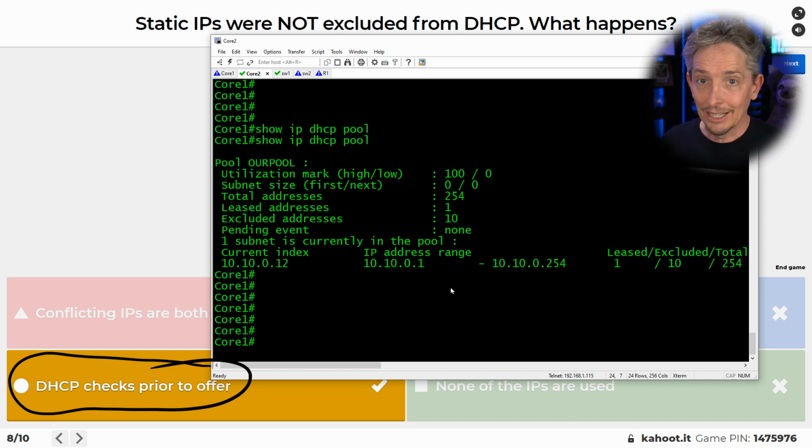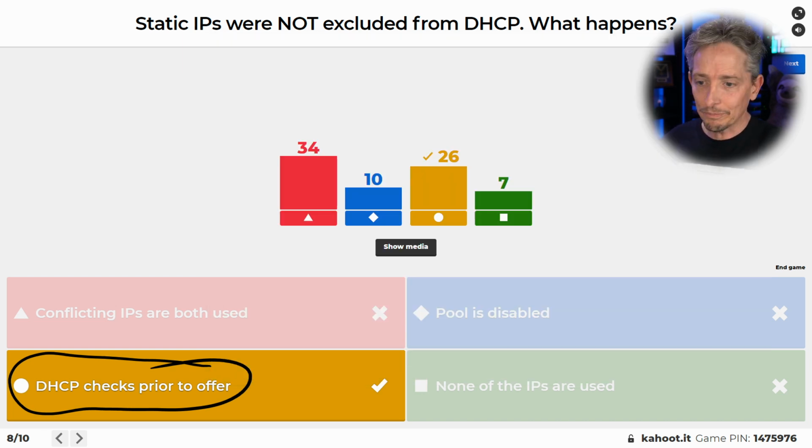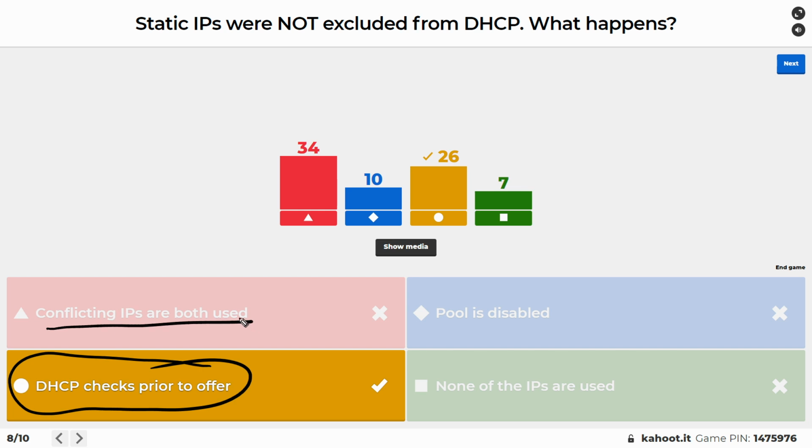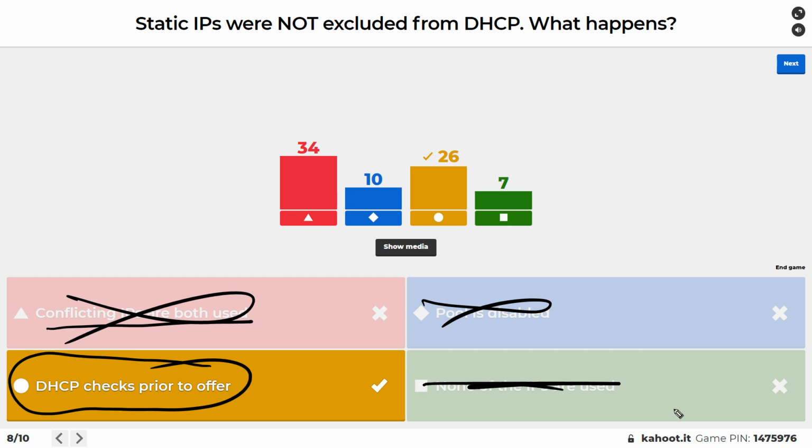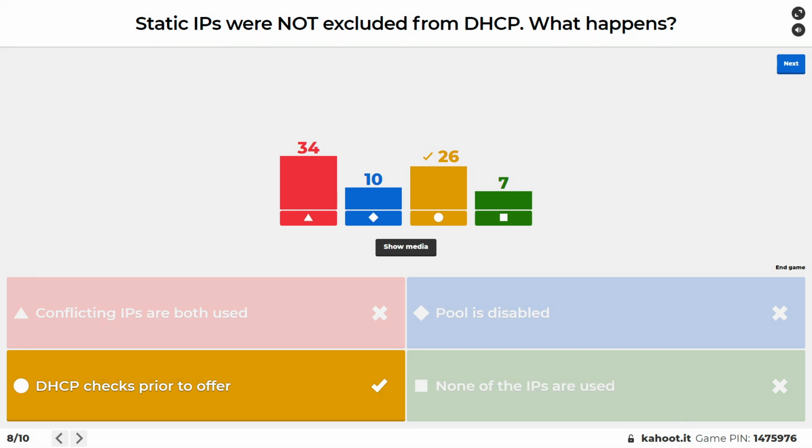That's what it does. So the DHCP server is going to check with the ping before handing out an IP address that it hasn't already been used somewhere statically, and it's also going to remove it from the pool. The conflicting IPs are not both used, because if it sees there's a conflict, it won't use it, and the pool isn't disabled, but the actual IP address is removed from that pool, it won't be used. Also, on a Cisco device, if we go back here for a moment,